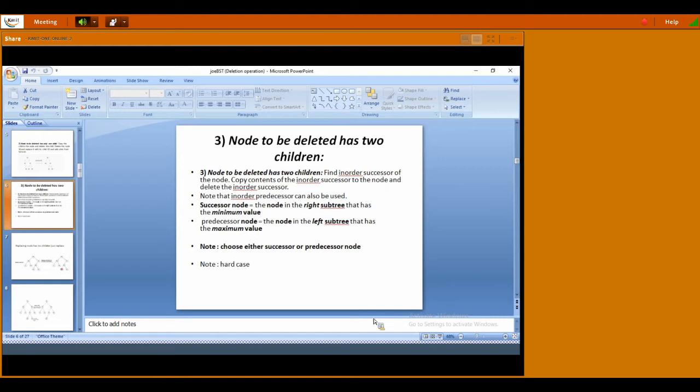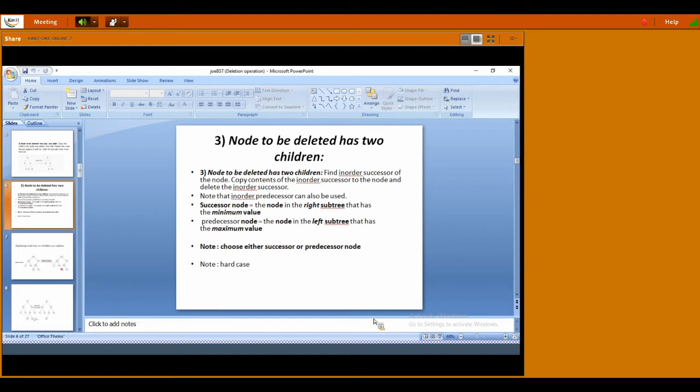Coming to the next one, if you want to delete a node that has two children, the two children should be attached to another node, right? What is the procedure for deleting a node which has two children? First of all, we have to find the successor node or predecessor node. What do you mean by successor node? The successor node is the node in the right subtree that has the minimum value.